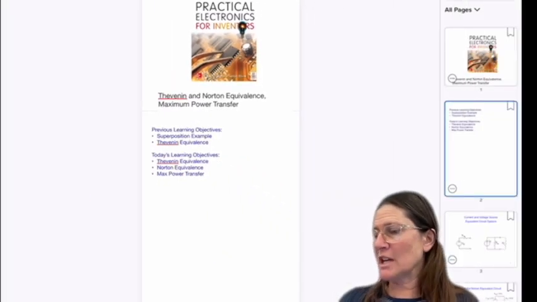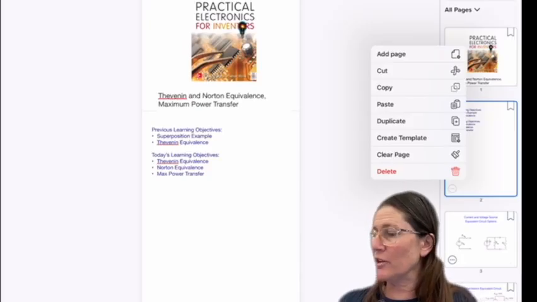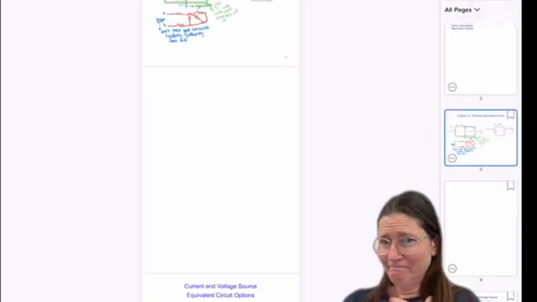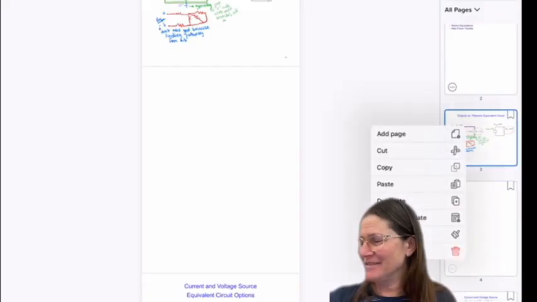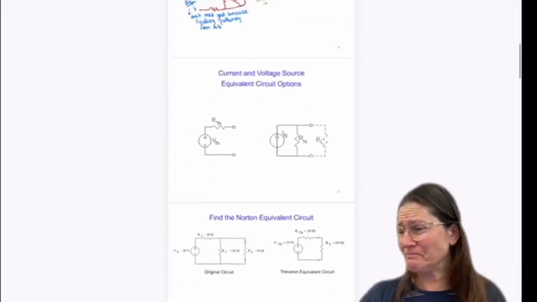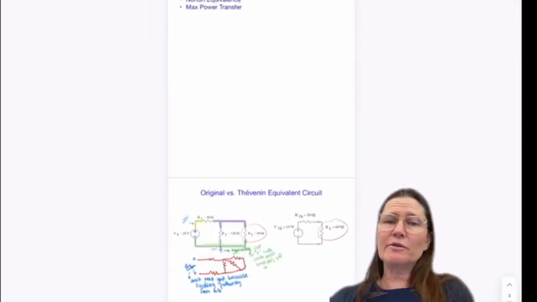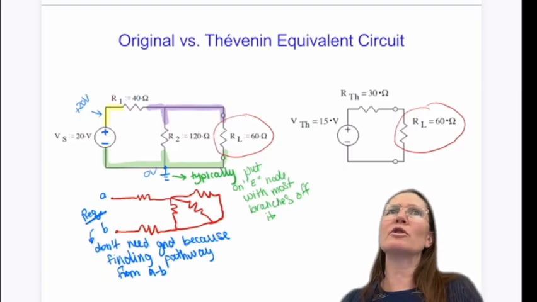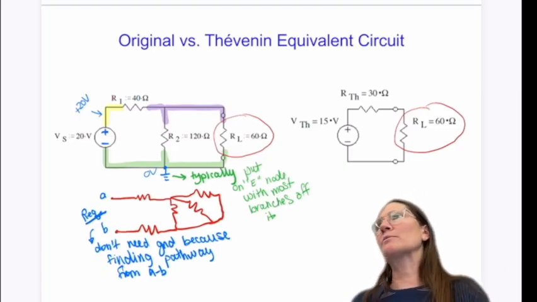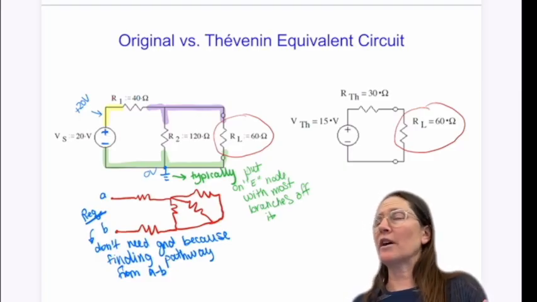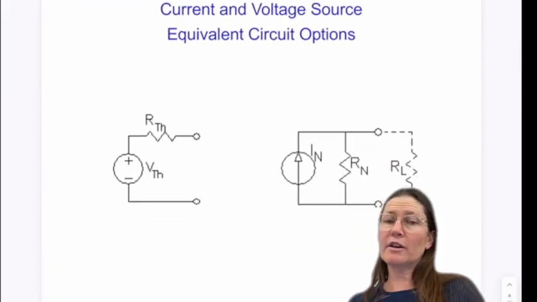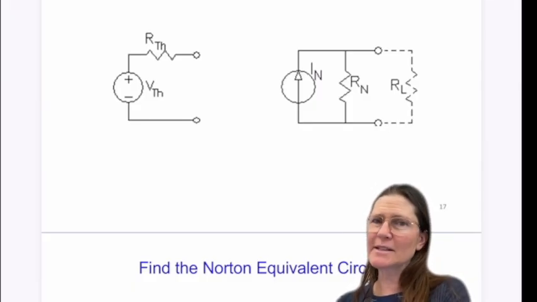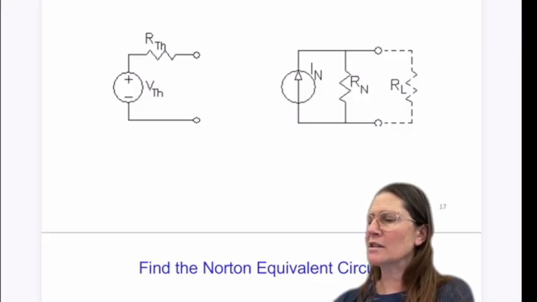All right, so we're going to move today into another type of equivalence called Norton equivalence. For the exam, I'm going to focus on asking for a Thevenin equivalence, so do make sure you know Thevenins. But it's nice to know there might be an alternate way of doing it instead of Thevenin. So you can convert the Thevenin after you've done it so that you have a current source and a resistance. How you would do that is